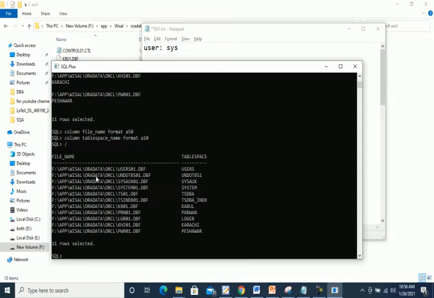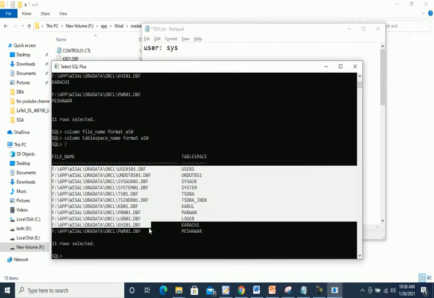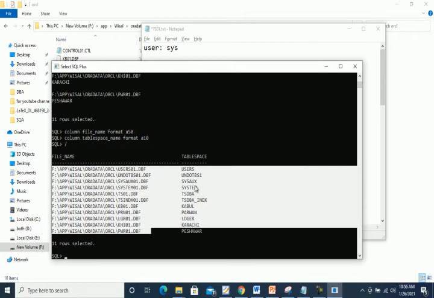It means that we have these data files with their associated tablespaces. For example, users01.dbf, the data file with the .dbf extension, is associated with the users tablespace.